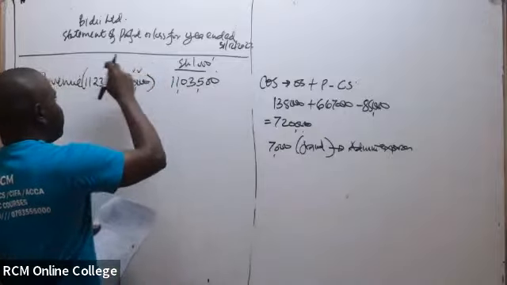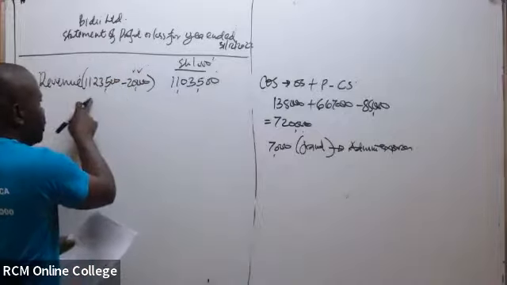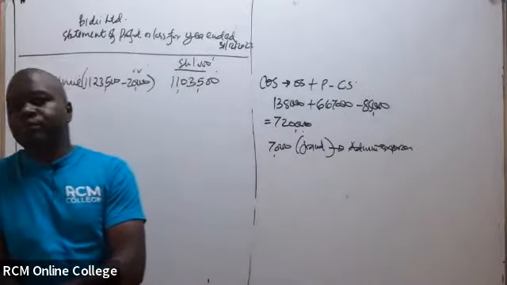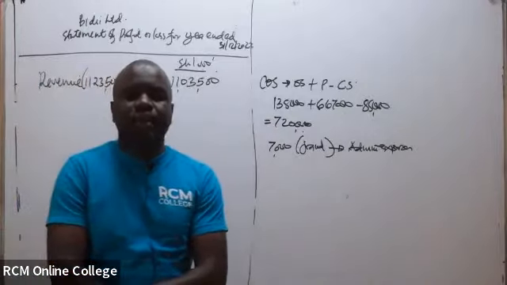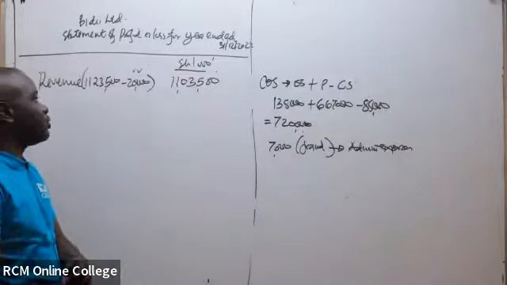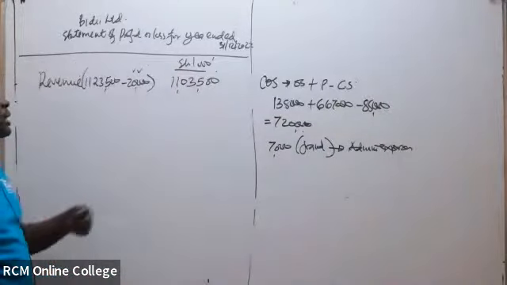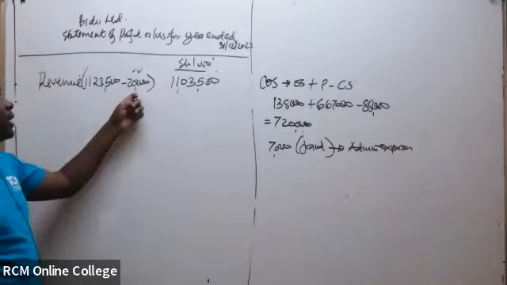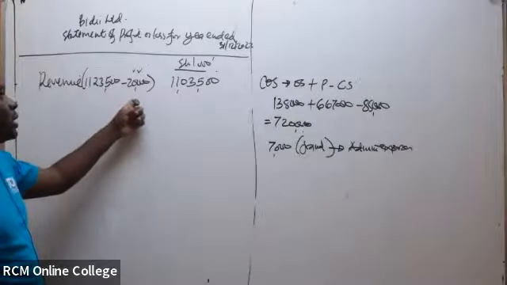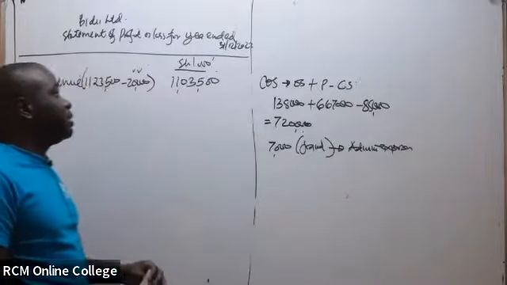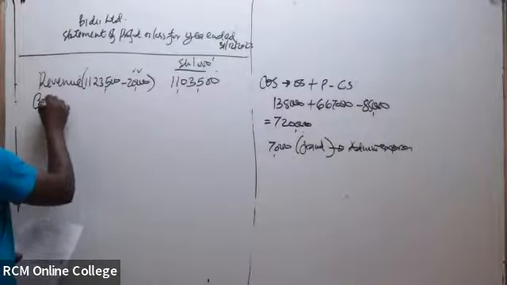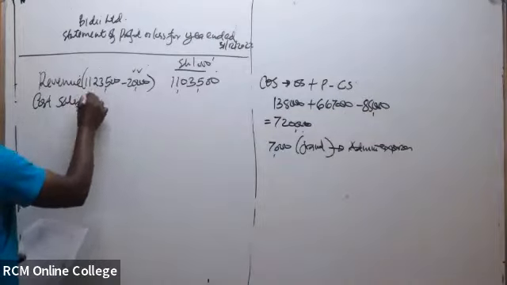Remember, this one was an item of plant. These amounts had been posted in the revenue account. When you talk about revenue here, they are simply the sales of the company in terms of trading activities. But when you sell a plant, you don't include it under revenue. It has to be considered as an amount received in cash. So we must get either the gain or loss on disposal of this item, which we did under working number 1. This is what we get as the revenue. Then, of course, we can get the cost of sales, which we've computed under